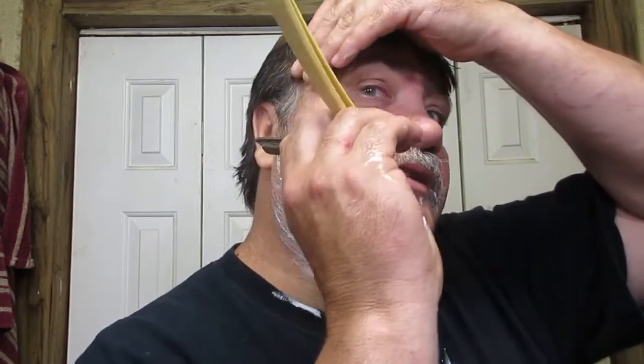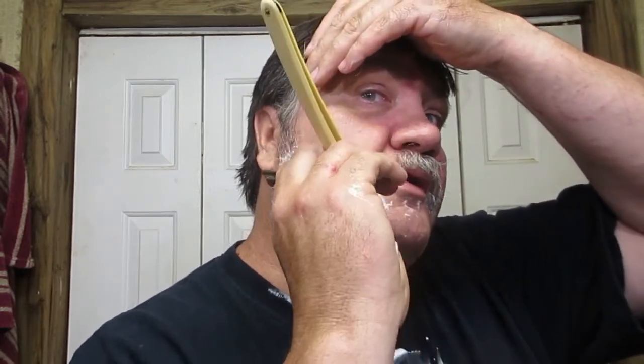It does have a bit of slickness. That's the one saving grace of it. I think if it didn't, this would be... The shave is not bad. But I think it would be horrible if there weren't any slickness at all in it. But the fact of the matter is, I had to use...